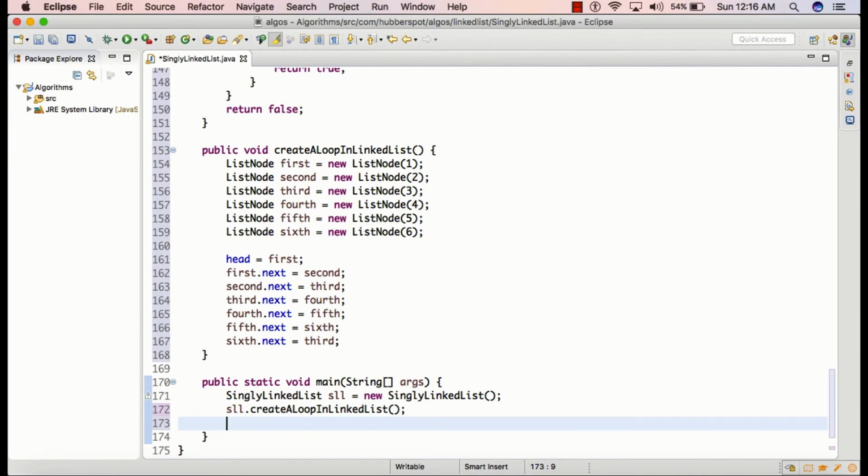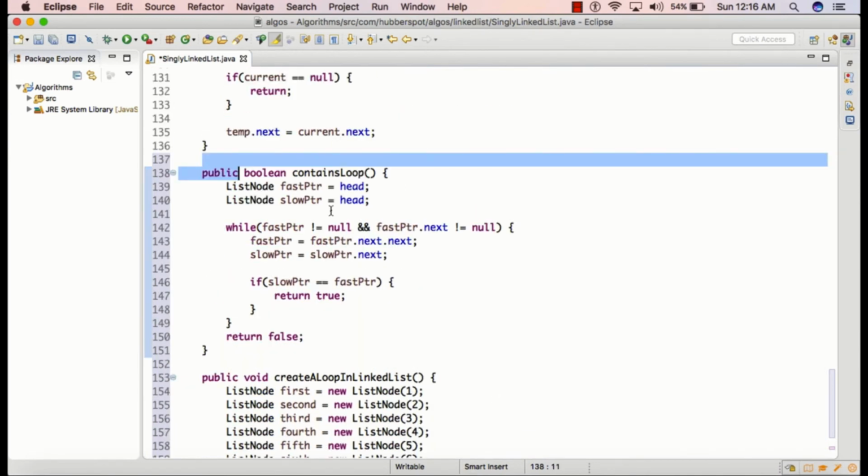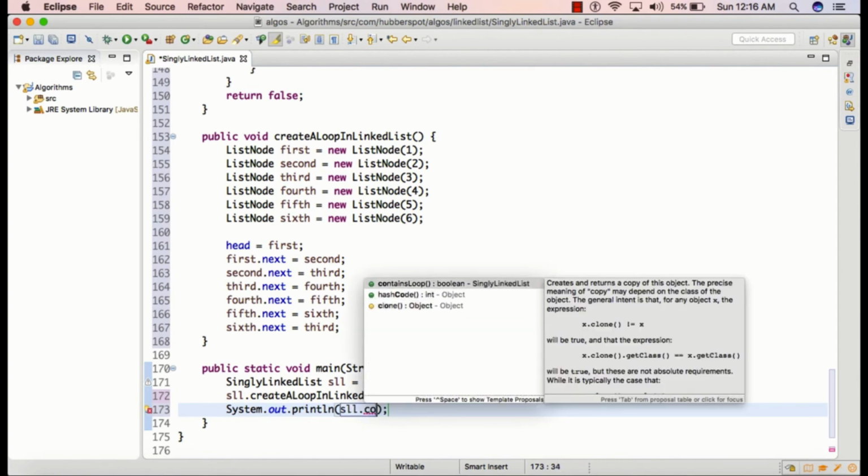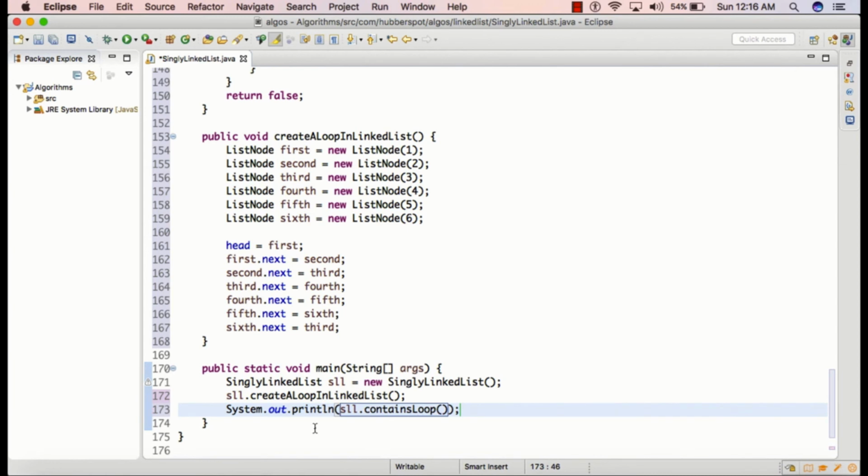So in the third step, we'll simply call the contains loop method, and whatever the outcome of contains loop is, we'll simply print it on the console.